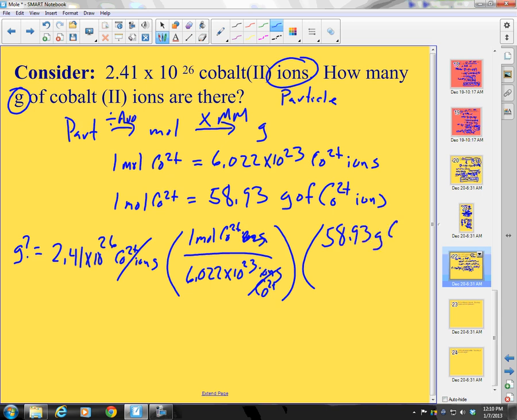58.93 grams of cobalt-2 over 1 mole of cobalt-2. And I look, hey, my moles of cobalt-2 cancel, and so now I just run the numbers with my beautiful calculator. I take 2.41, I use my double E key, meaning times 10 to the 26th, divided by 6.022 EE23 times 58.93, and what's my answer? Ooh, a big number,